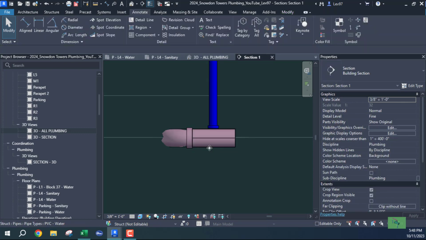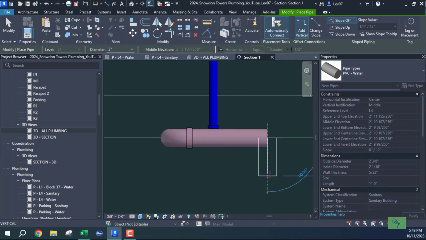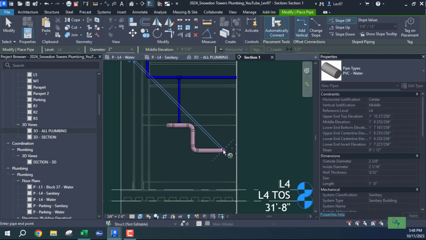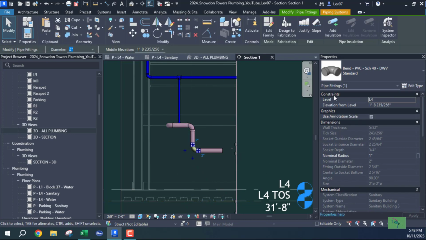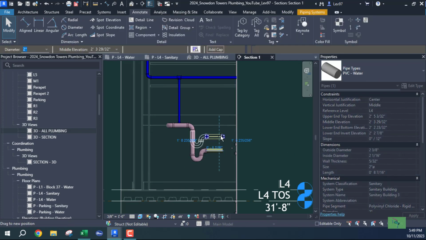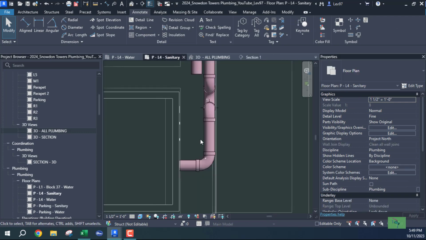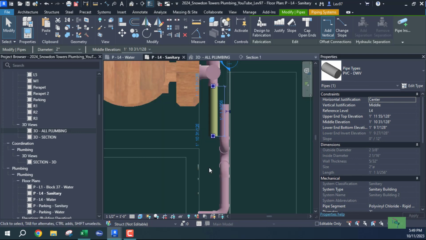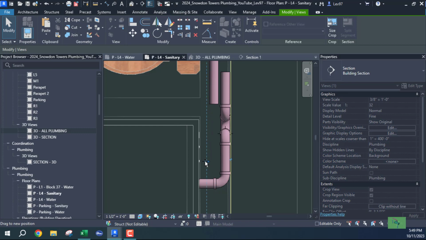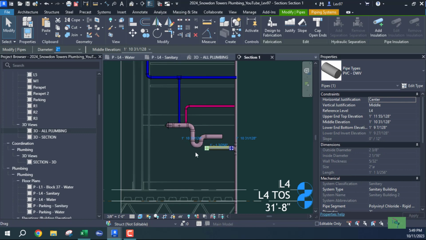So what I'm going to do is bring it out just a little bit so I can make sure I get enough. Go here, and what I'm doing is I need to create a trap coming off of the washer, and I have to do it like that. And that's a 2-inch, and that's why that other, that's a 2-inch. So what I'm going to need to do is go back. Let's look at the 2-inch. Let's just bring it into view in my section. Okay, so we're here,